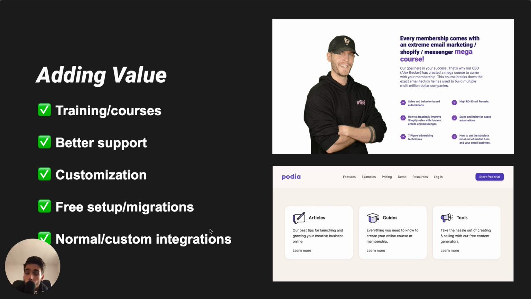So your company would do a free setup in terms of migrating the data from their old tool to your product, stuff like that, because it's a huge pain in the ass. Since one of the biggest objections people have is how long would it take to move from one tool to another. And the final one is you having integrations, like integrations with Zapier, integrations with MailChimp, whatever it is, or creating custom integrations, or at least they know that that option would be available. Especially for enterprise clients, they are always looking for that.